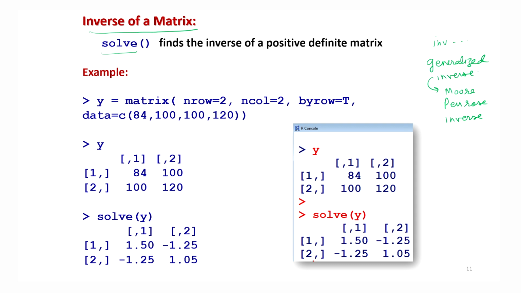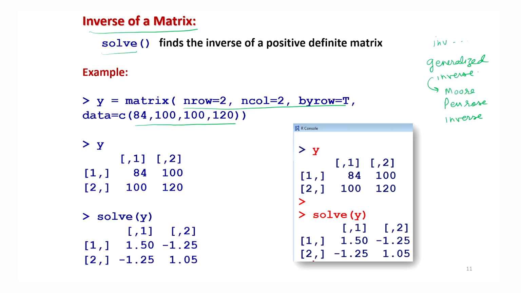Now we try to illustrate how you can use the solve function. Suppose I create a matrix of order 2 by 2, where the data is 84, 100, 100, 120. Well, you can ask me why I am always taking a matrix of order 2 by 2 or 3 by 3. Surely you can see that I have to prepare slides to teach you, and the slides have limited space, and I want to make the font size bigger so that you can see it clearly. When I do it with a smaller number of elements, it is easier for me to communicate rather than having large matrices.